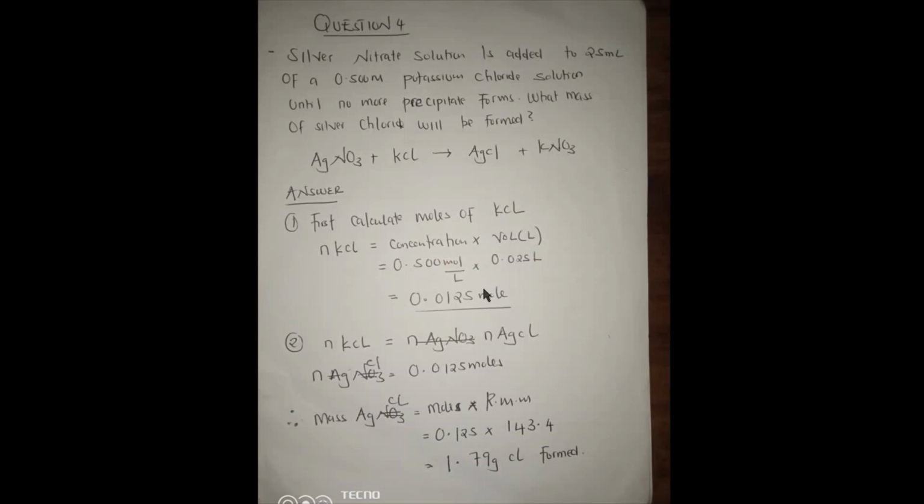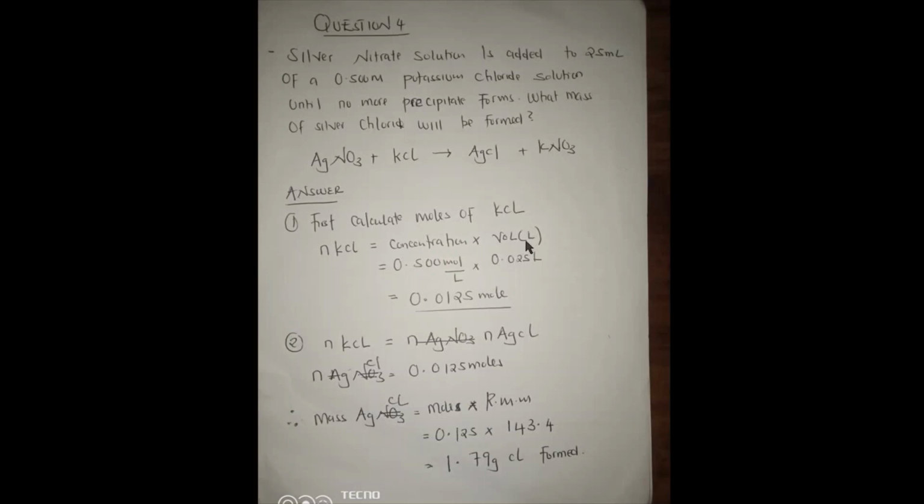Question 4 says, silver nitrate solution is added to 25 ml of a 0.5 molarity potassium chloride solution until no more precipitate forms. What mass of silver chloride will be formed? So you are reacting silver nitrate with potassium chloride. When you react that, you get silver chloride plus potassium nitrate. So first of all, what you do is you first calculate the moles of potassium chloride, which is just